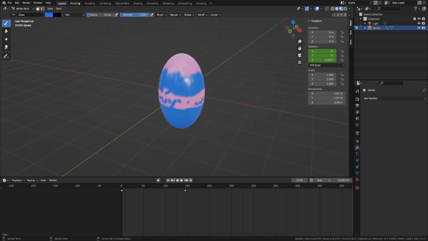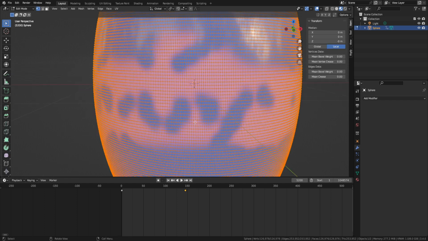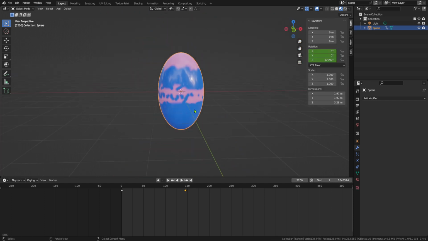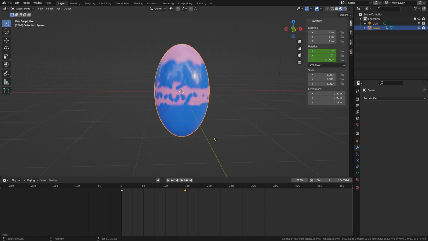So let's just say we go back into the object mode. Let's just say you have this super dense object, because it's better for painting. Then I would say we're gonna duplicate that, or just copy it, like Control C. I'm gonna change the name of this egg into egg 1. That's good, egg 1, and I'm gonna press H for hiding it, and I'm gonna paste in the other one